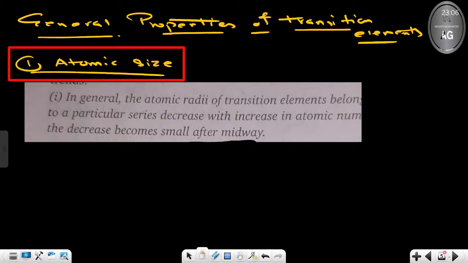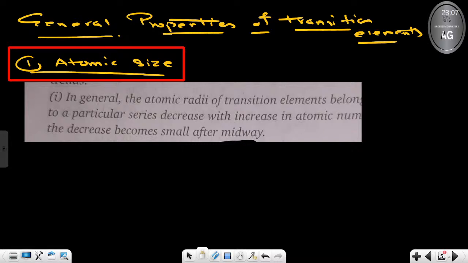If the nuclear charge increases, the electron cloud will be pulled towards the nucleus. But the nucleus is not pulling the outer electron cloud inward as much, so the size is not decreasing that much. That is the main point. Did you understand? So as we are moving from left to right across any particular d series, then